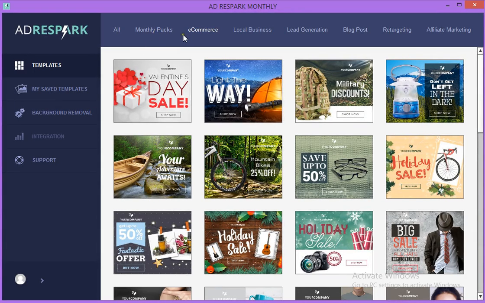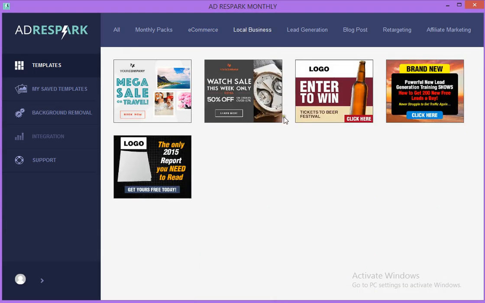You have your e-commerce, and local business if you're into local business. Of course, they're going to populate more advertisements every month if you get that package, which I would definitely suggest, because it makes more sense. For $10 more, so $27, you get monthly templates and lifetime updates to the software. For just $10 more, if you're getting so much value, I think it would be silly not to. So here you have your local business